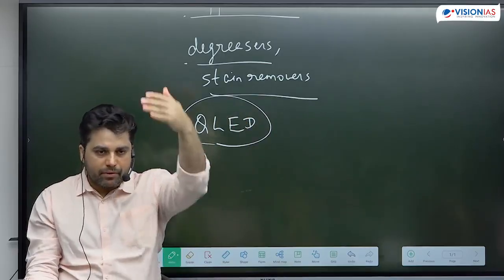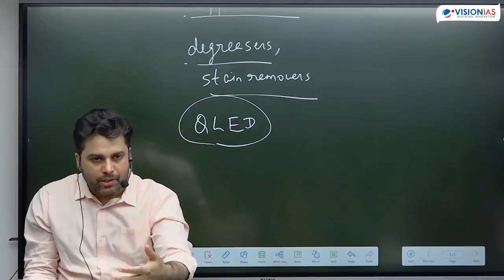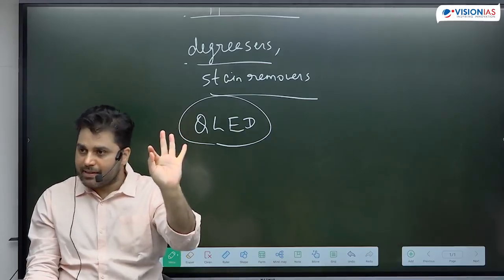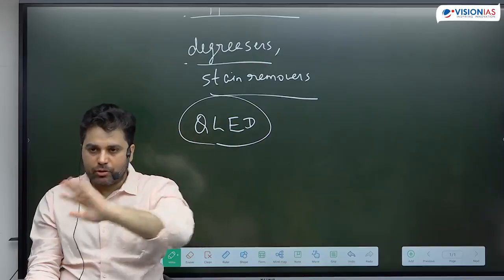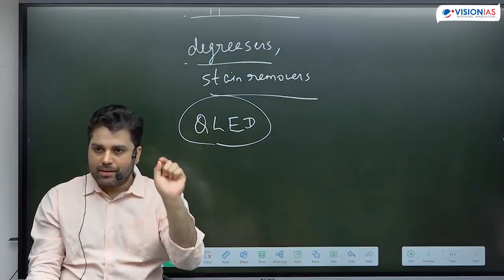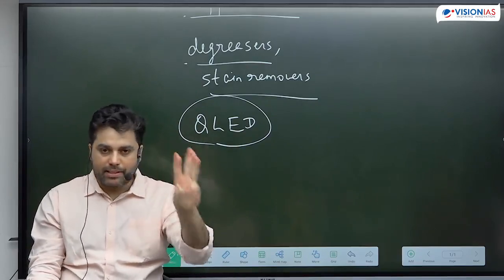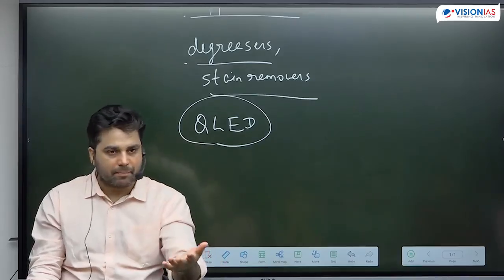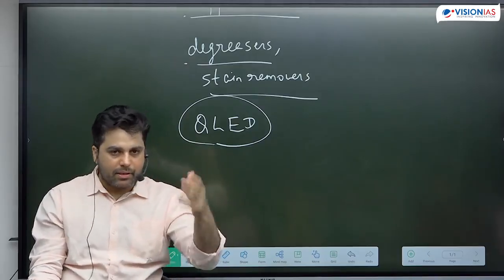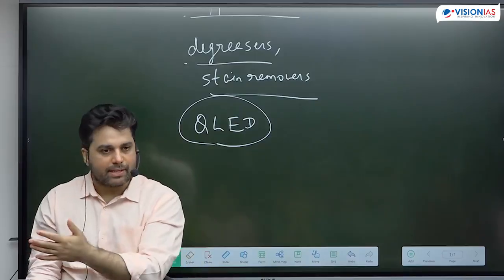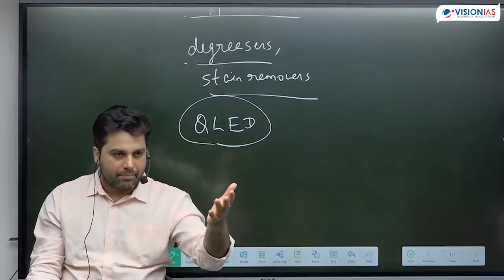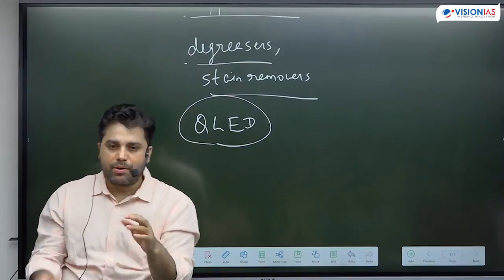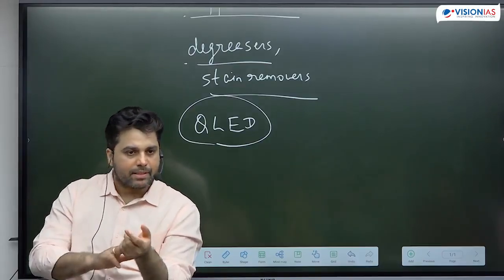What it does have, that if you open the front panel of your TV, you'll find very small devices, this much small devices, LED devices, red, blue, green color LED throughout your TV panel. And that red, blue, green LED, why red, blue, green? Because these are three primary colors. And with the help of these three primary colors, I can produce any color. So if red, blue, green, all three of them are illuminating in the same intensity, that will produce white color. But if I change the intensity, if I mix red little less, blue, green little more, I can produce some other color. So I can produce all sort of color with the help of just these three colors.